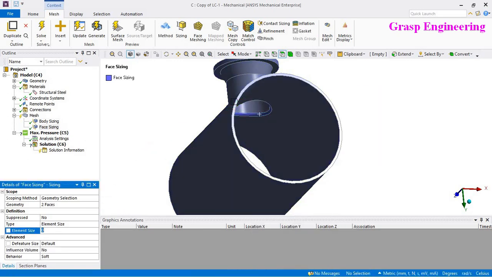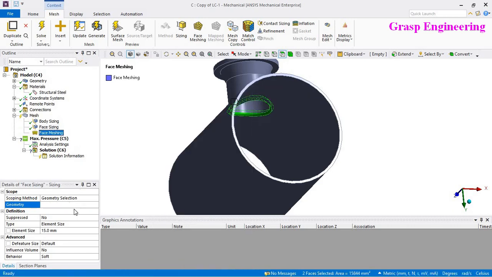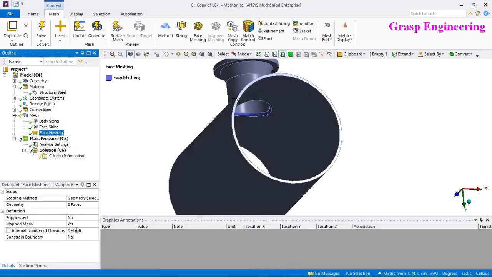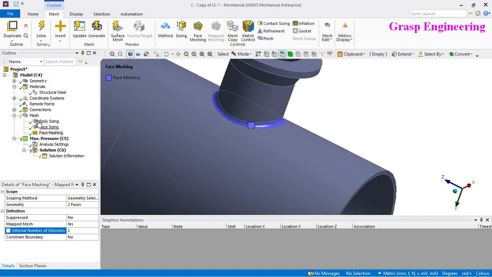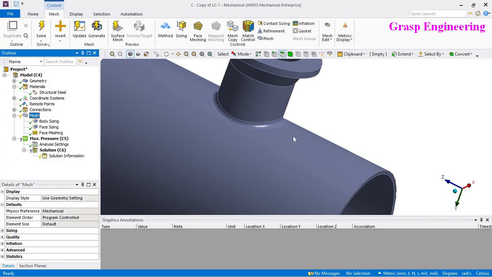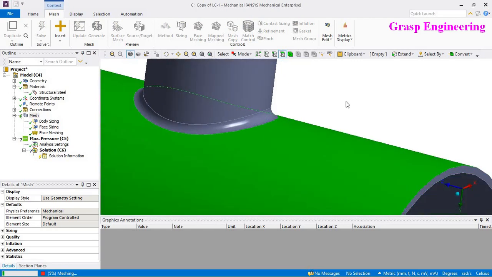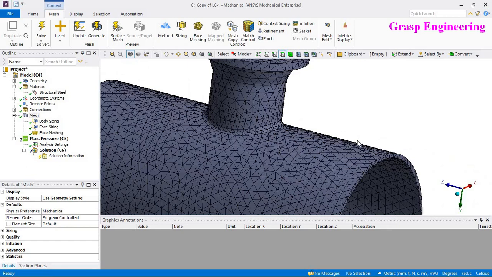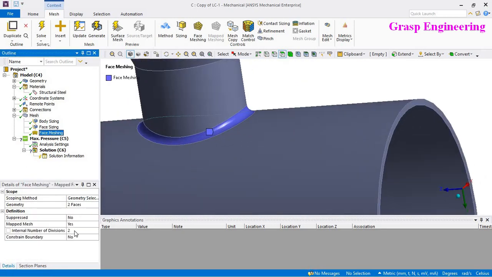sizing, and let's put 15. Face meshing, and here let's define the two. So basically these are the two divisions. So let's see how it will generate the mesh. Now if you see, our mesh is completed, and by defining this face meshing and by defining this